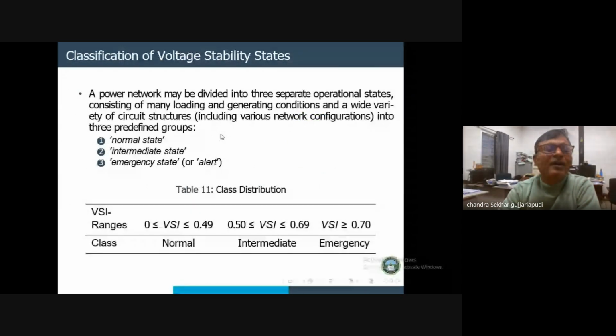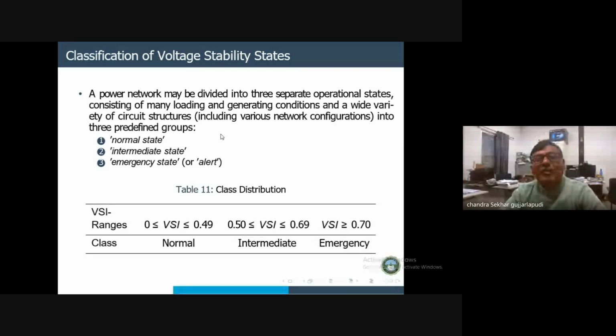What we have done, we have done load flow using Newton-Raphson methods, and we have calculated the VSI index for different configurations, and we have given some ranges of the